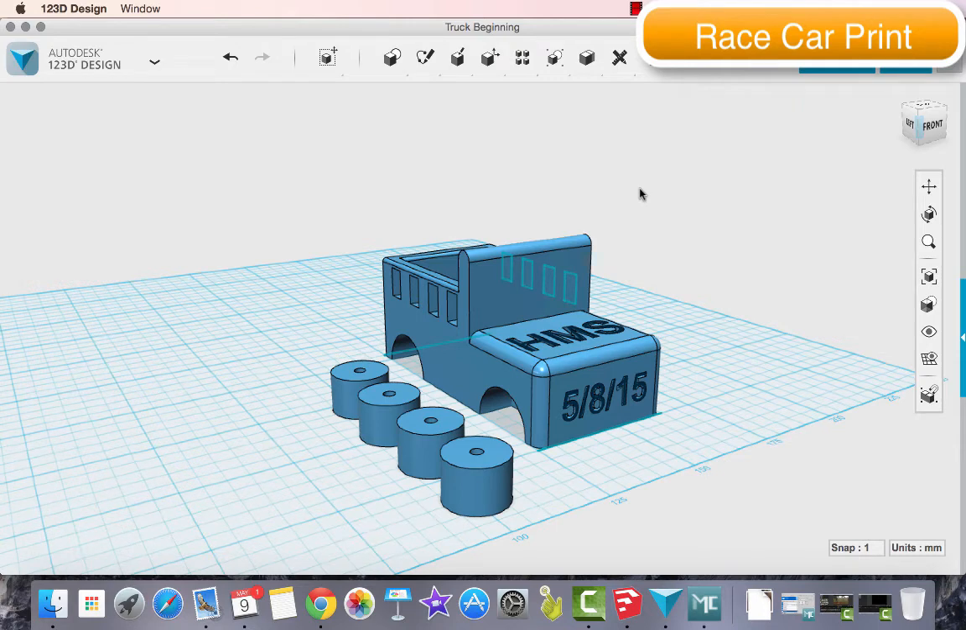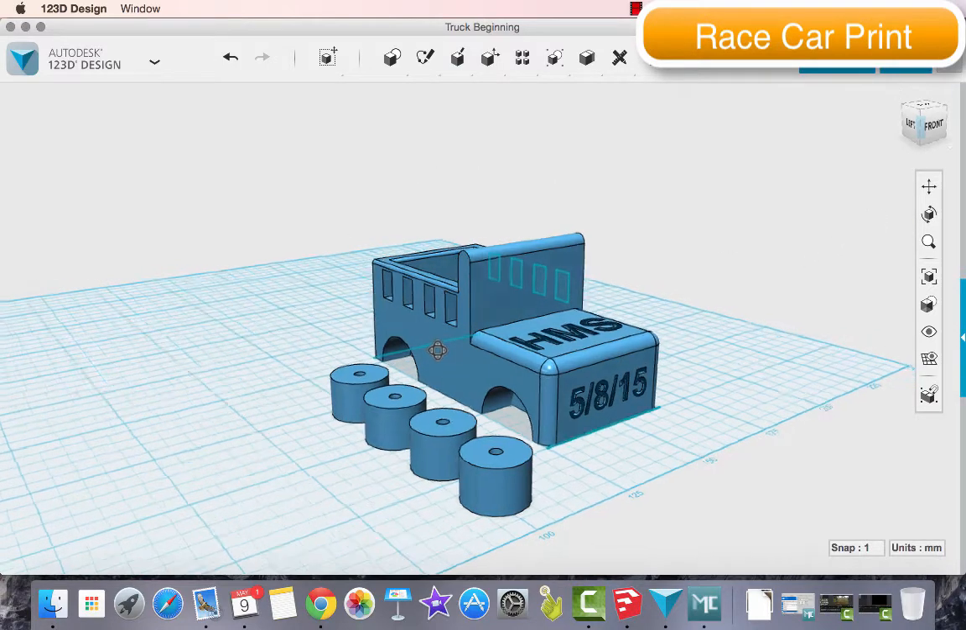Alright, the goal of this tutorial is going to be showing you how to create a vehicle with 4 wheels and having it be functional. So a lot of stuff went into this one. This is just an example here. I'm using Autodesk 123D Design,